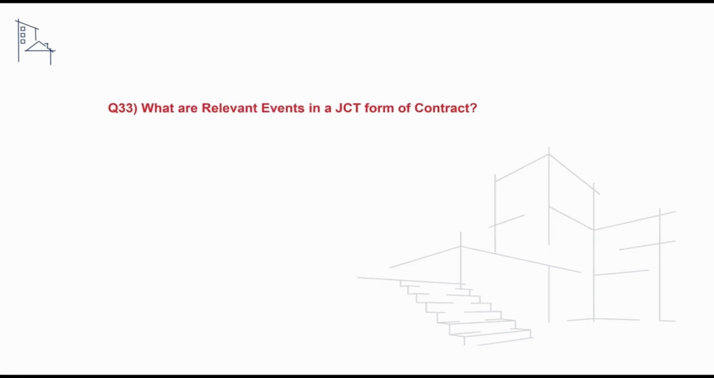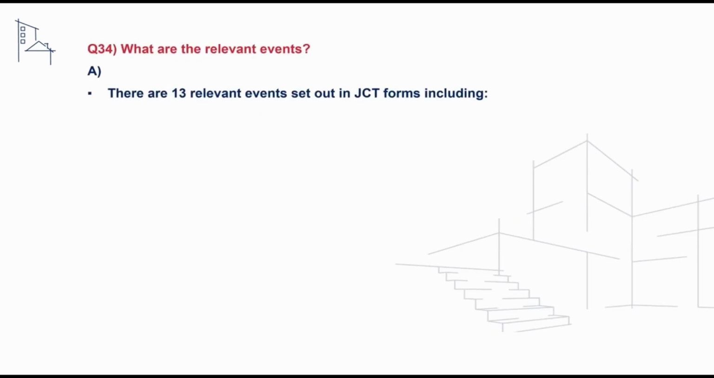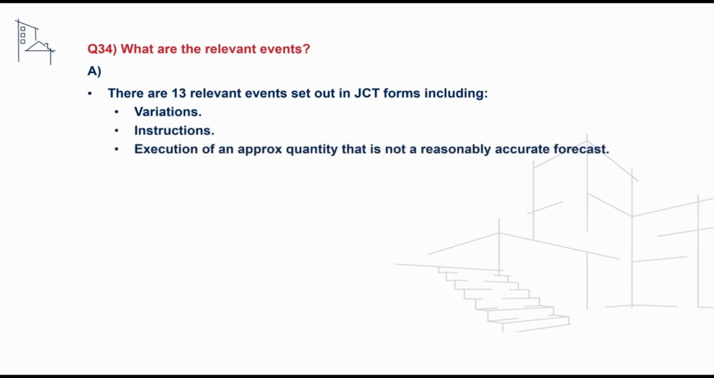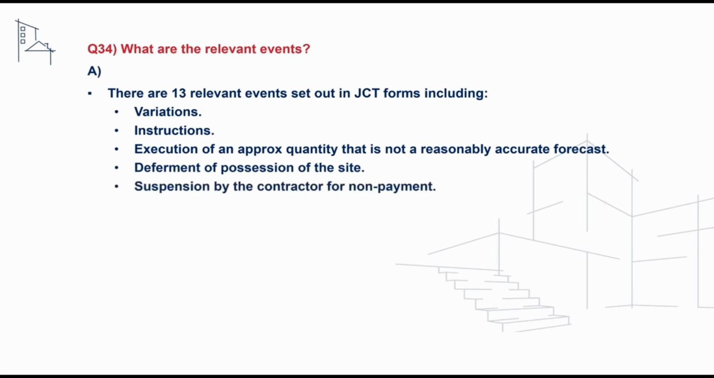The next question we'll take a look at is testing the candidate's understanding of the relevant events within the JCT form. We would need to advise that the relevant events are events within the contract that entitle the contractor to an extension of time. Different relevant events are comprised of 13 events in total, and these include variations, instructions, execution of an approximate quantity, deferment of possession of the site, suspension by the contractor for non-payment, the carrying out of